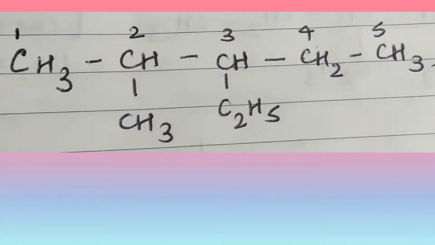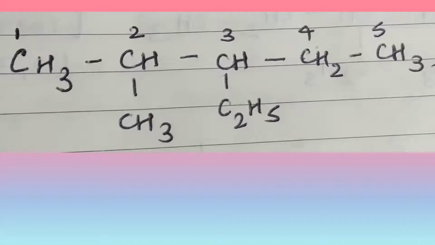Now, coming to the naming, we all know that we start by writing the substituents. So here we have two substituents, that's the methyl and ethyl groups. Now we have a confusion regarding which substituent we mention first. As we all know, the substituent name for the ethyl group starts with the letter E, and for the methyl group it starts with the letter M. And we all know that E comes before M in alphabetical order. So in the same way, when we are writing the name, we give the ethyl group more value because of that letter E, and after that we write the methyl group.